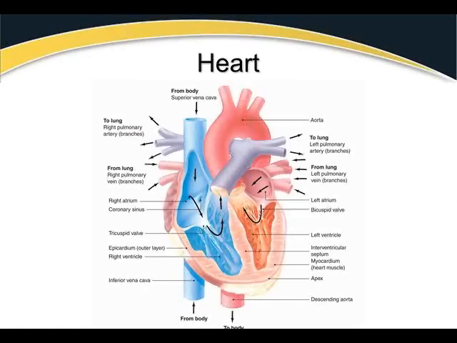So if we were to trace our route through the heart, we would have the blood come in from either the superior or inferior vena cava, which we can see is a big blue vessel coming from the north and south. They dump into the right atria. The blood is held there temporarily until the tricuspid valve opens up. That tricuspid valve is opened by the papillary muscles and the chordae tendineae. The blood then will dump down into the right ventricle, where it will be held, pumped by the nice strong